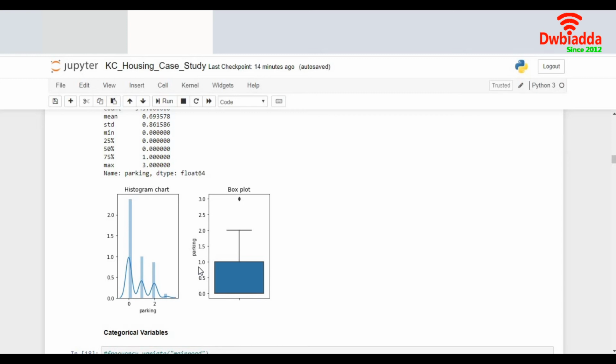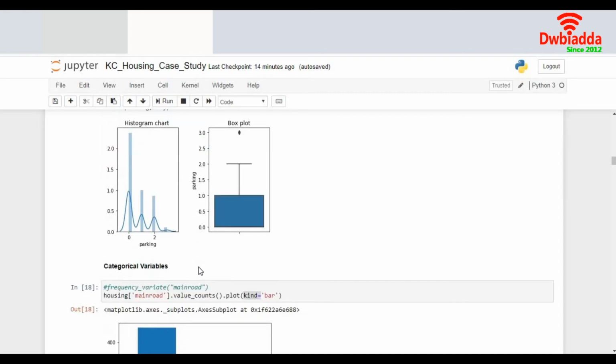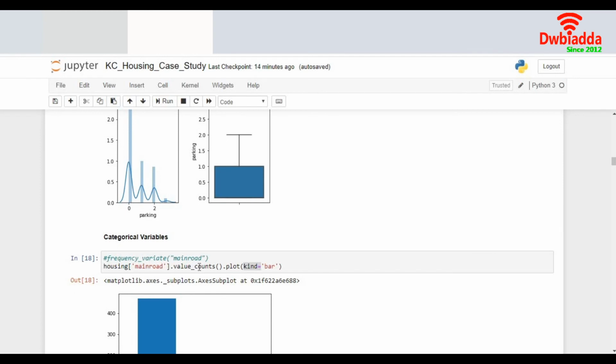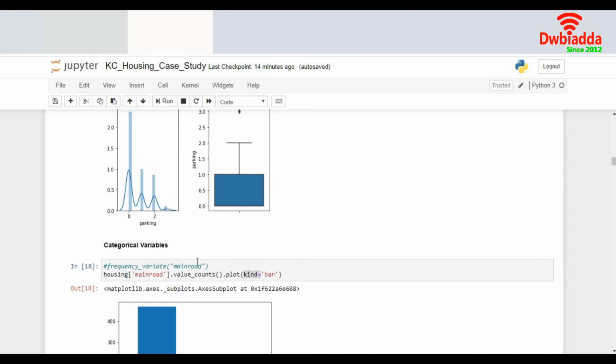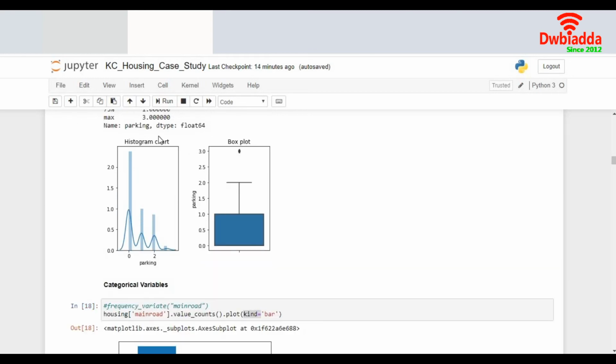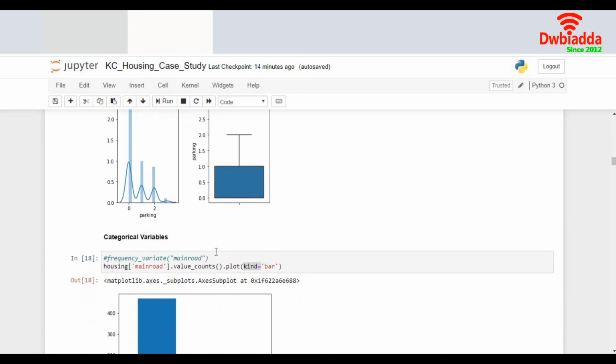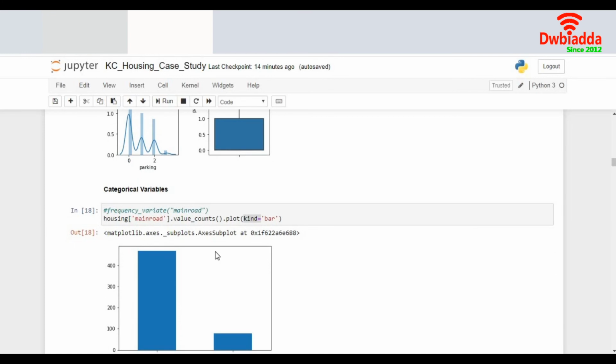So this is one of the ways to do an EDA on continuous variables. I'm not saying this is the only way. There are n number of ways. It all depends on the type of data that you're working on, and the kind of problem statement that you're working on. Based on that, you can have your own functions and your own ways to show how the data behaves, and that gives you a very brief idea about the behavior of the data before you start the model. Let's do an EDA on the categorical variables.